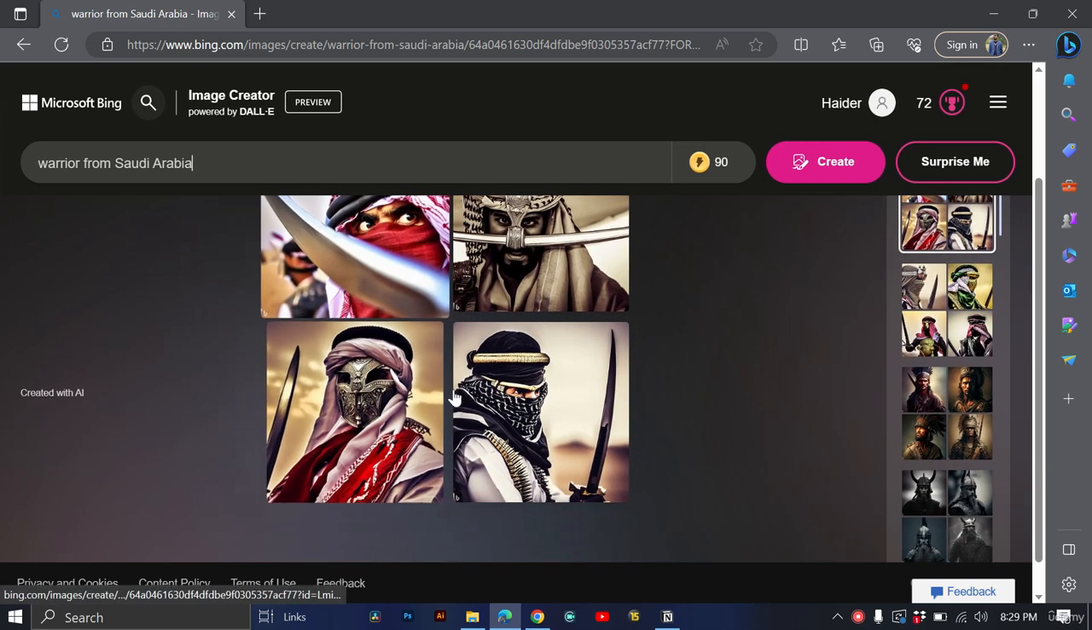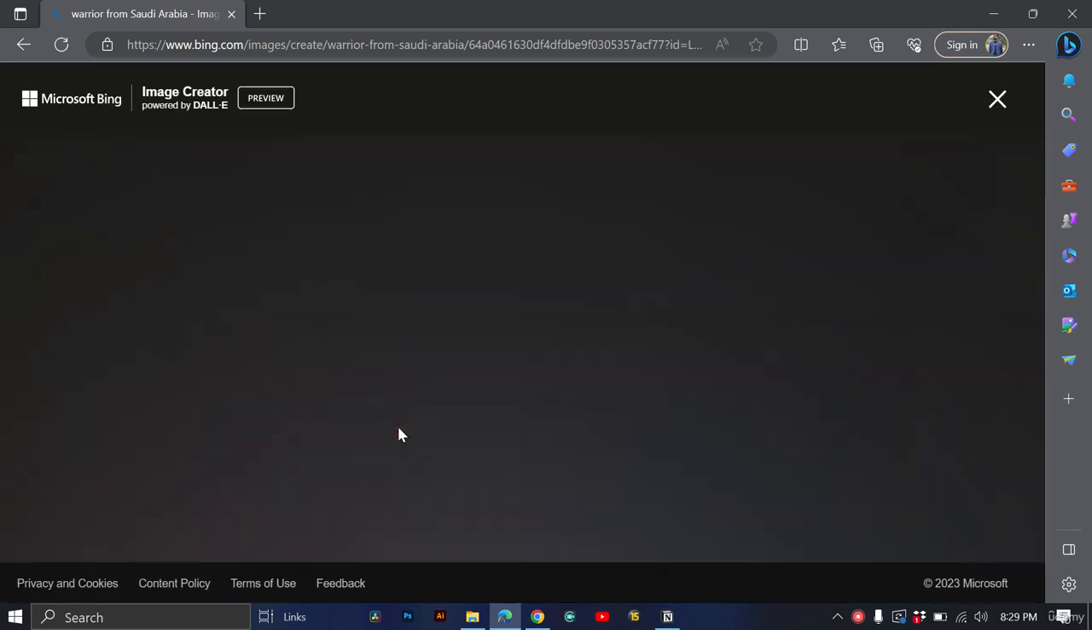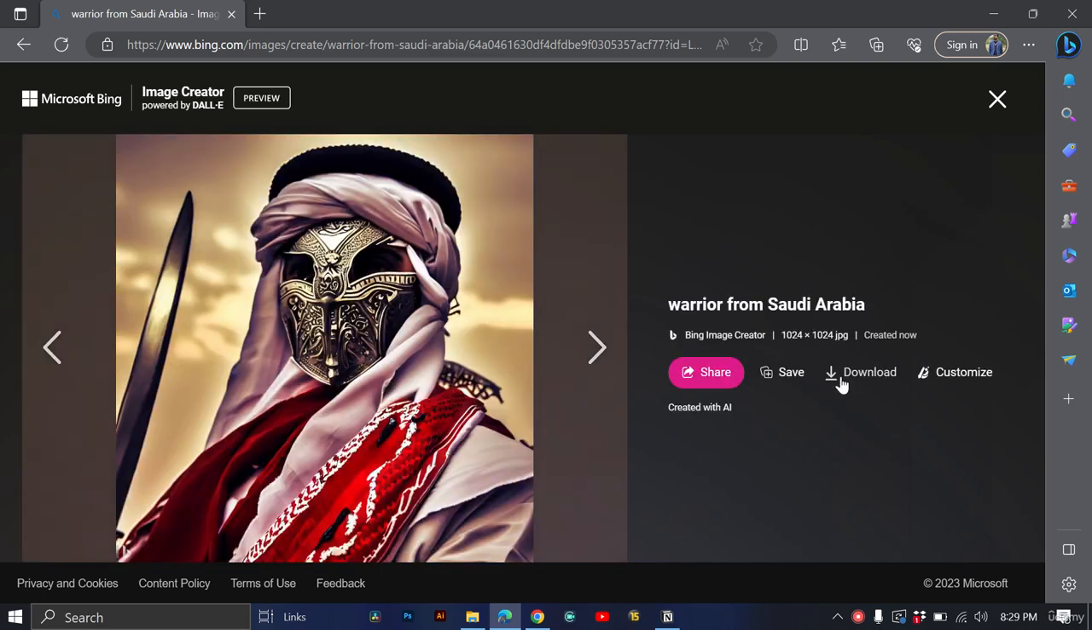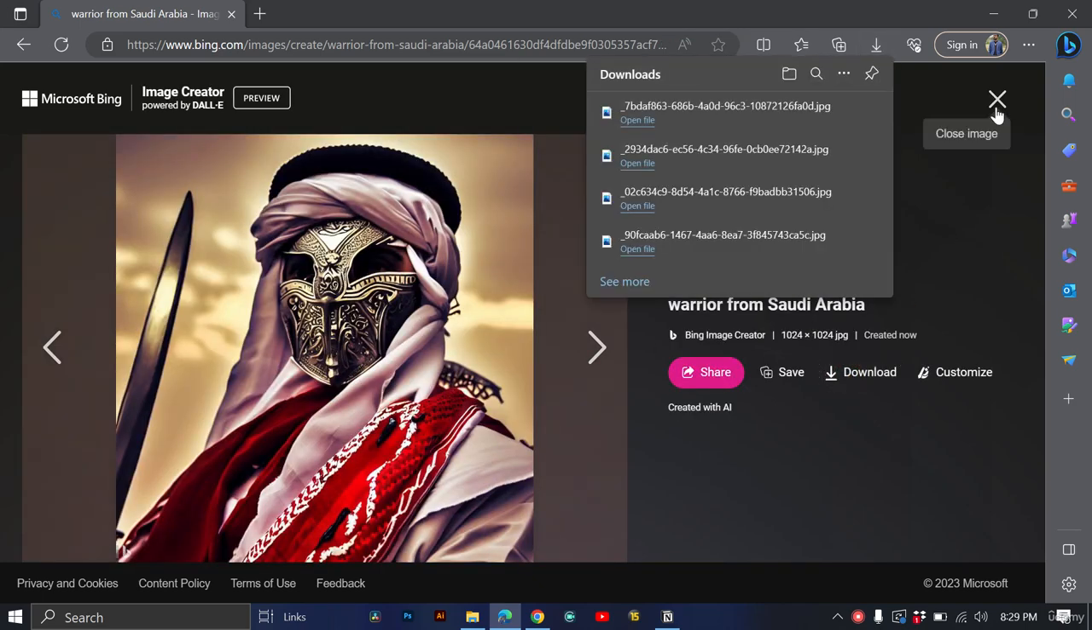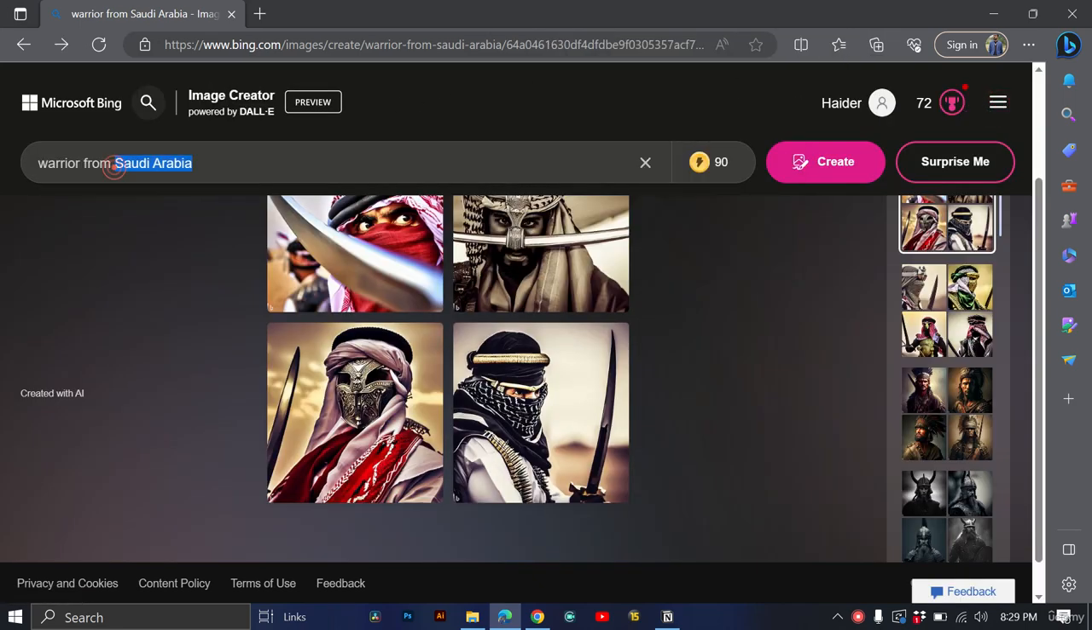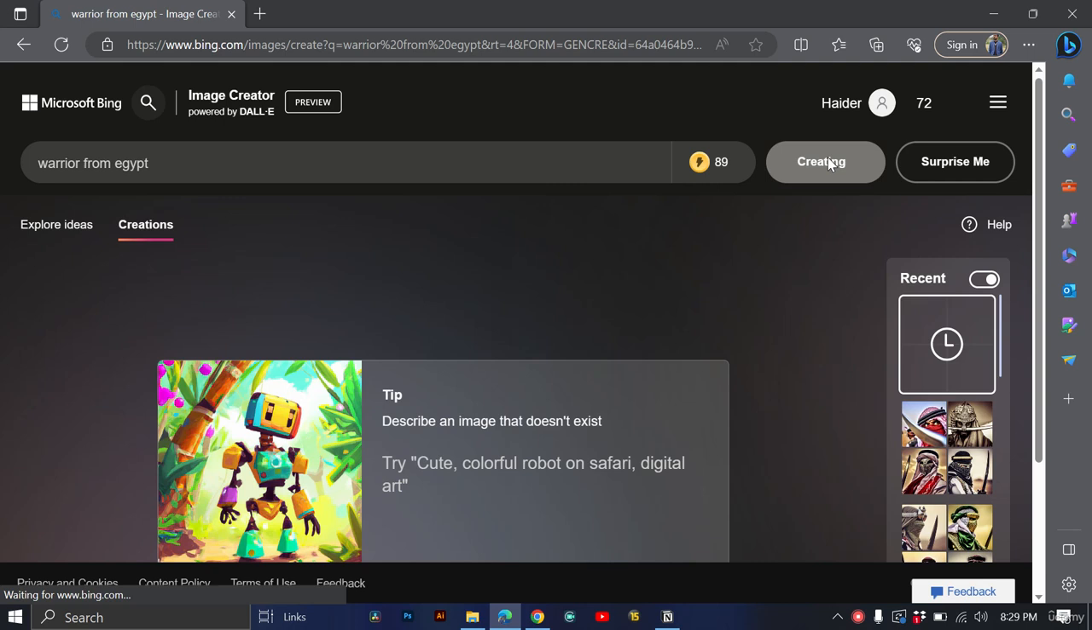So here I'm going to stick with this one. I like this one, so here I can download this as well. So let's go and try the last one. So this is the way that you can create images with the help of AI, and in the next step we will